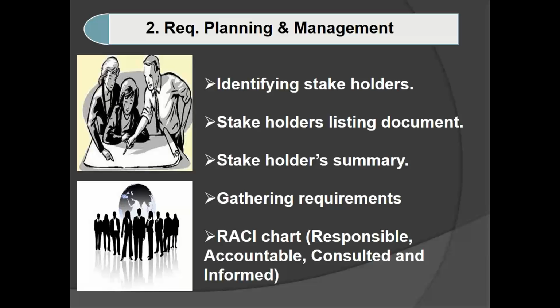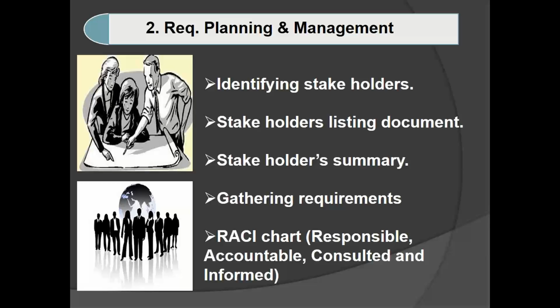You are going to write all those 15 stakeholders' names in a sequence, their designation, their mobile number, their email ID, and then what kind of information they have given. So you are going to delete the 5 stakeholders who did not give. That is nothing but stakeholder summary. Okay. And about gathering requirements, we are going to see in the next